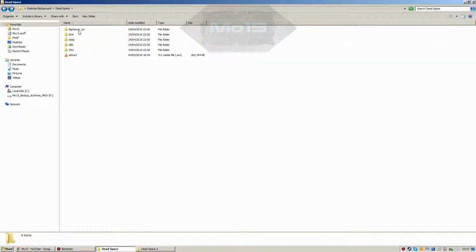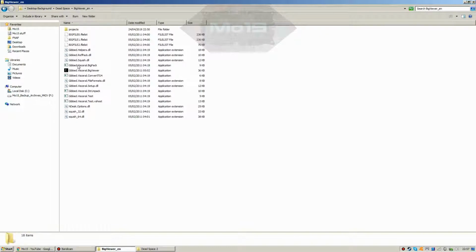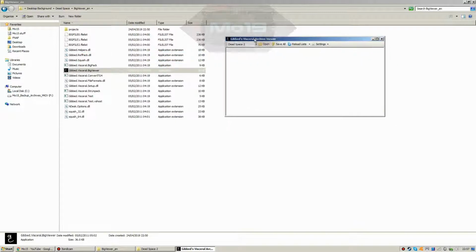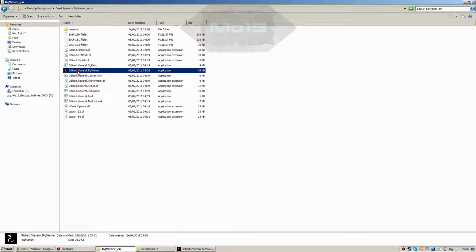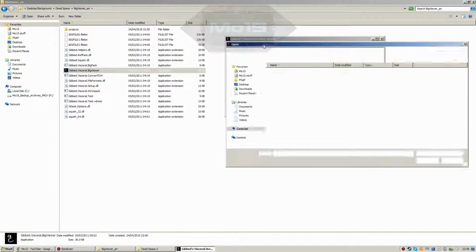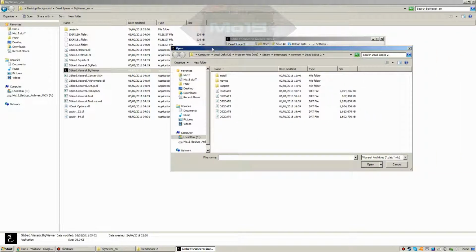Now, how did it work again? I'm not sure if I actually have the correct stuff to do this, but we'll just do it this way. Okay, so yes, as I remember now, the big viewer is for Dead Space 2, as I probably may have already said. So you just click on this here. We'll double click. It brings up this, and you're going to want to open. Now, I've already got it set to my folder because, as I've said, I've already used this before a long